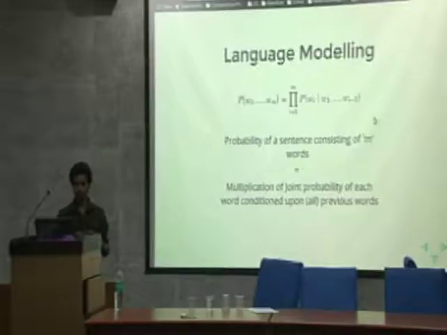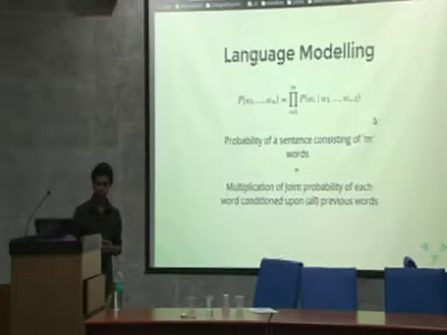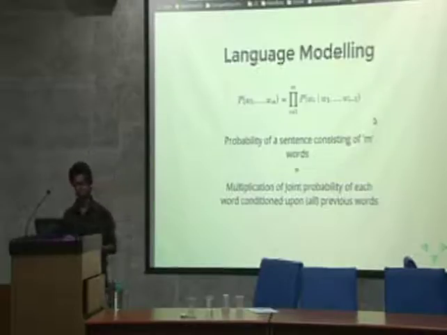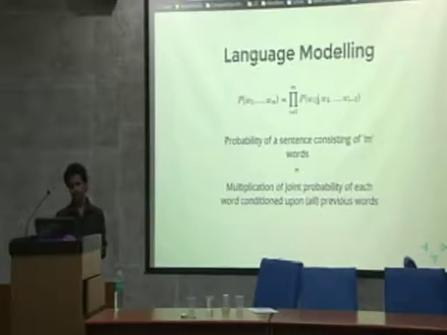Earlier, models like N-grams were used for language modeling, but I told you about the limitations of those models. They could not consider the long-term dependencies of the text, and they could not consider how those words are related to each other. So mathematically, a language model is the probability of the ith word conditioned on all the previous words. Simple, right?